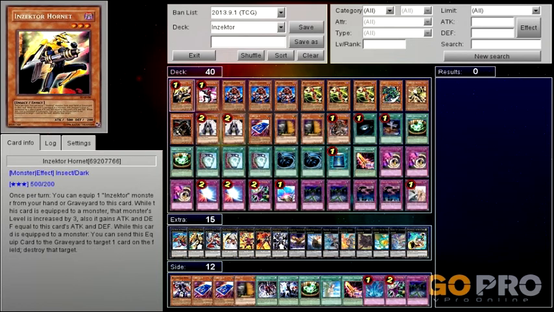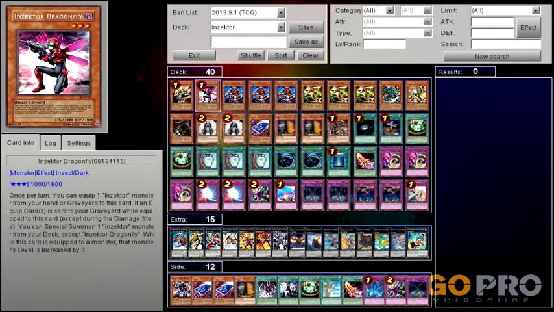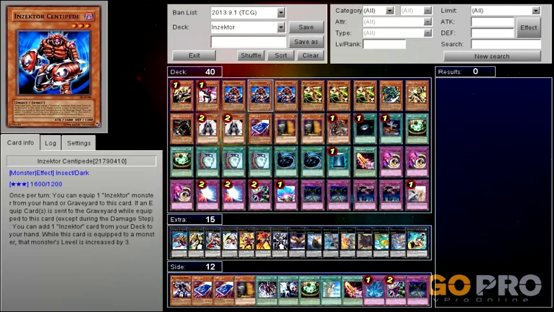But Hornet, when he's sent to the grave by his own effect while he's attached to someone, you can destroy a card on the field, which is why he's at 1, because he's pretty good. With Dragonfly, when you send a card to the grave while it's equipped, you get to special summon another Inzektor monster. Normally, well, not 100% of the time, most of the time you go for